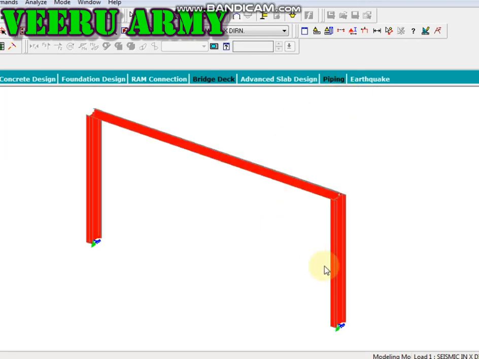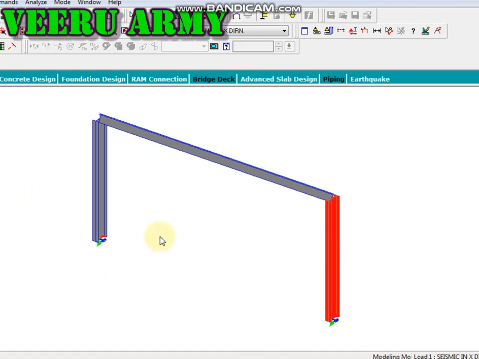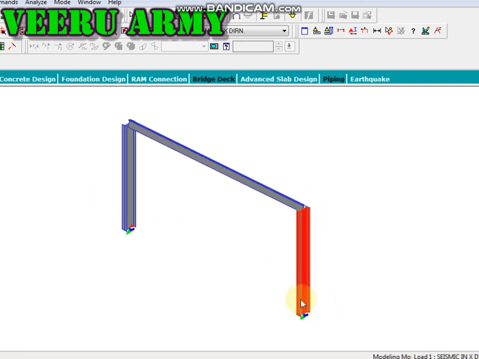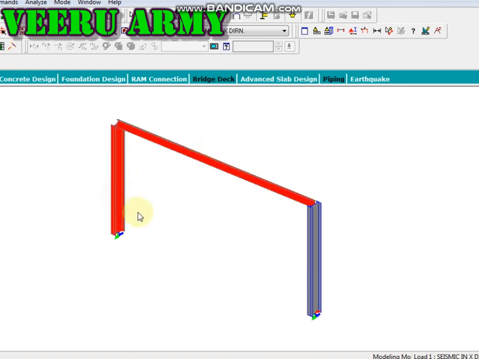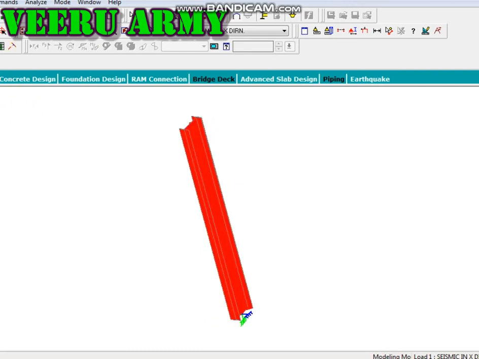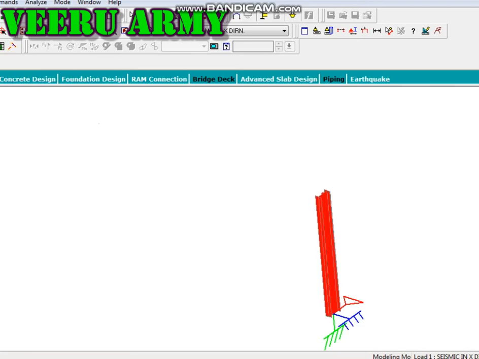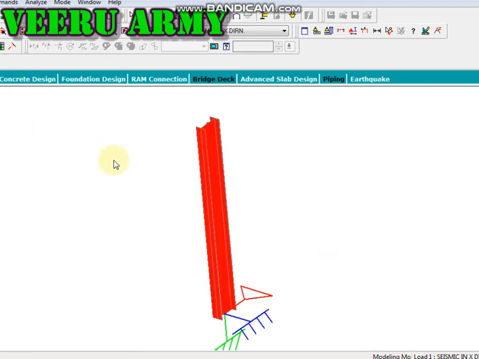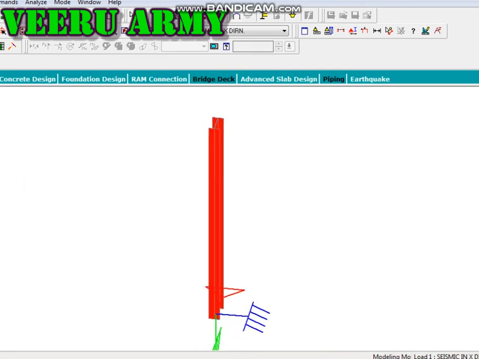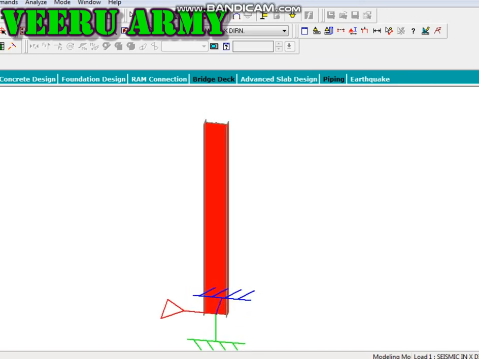So our point is why we should not provide LX and KX. LX and KX mean the x-axis, the local x-axis of this member is this. It means when it rotates about its x-axis, it will be rotated in such a manner. It will rotate in such a manner, and this type of movement we also call torsion.